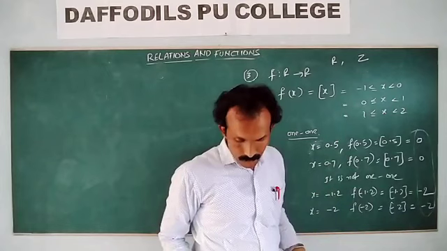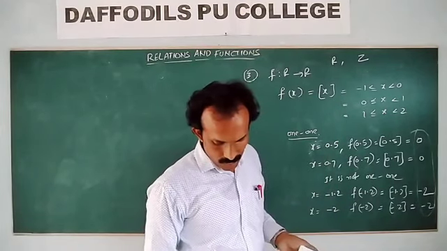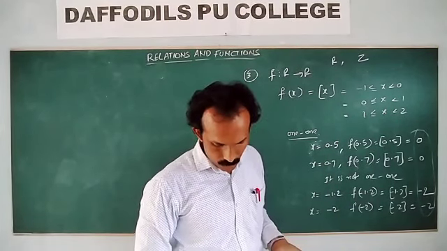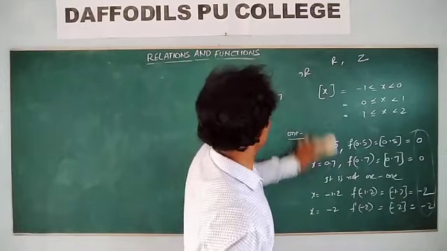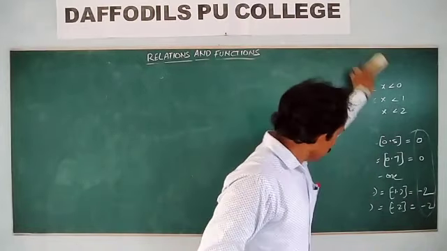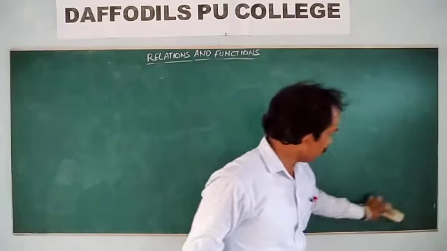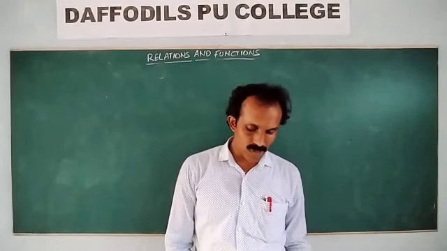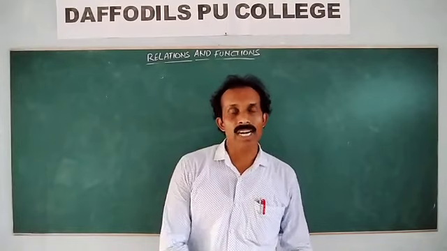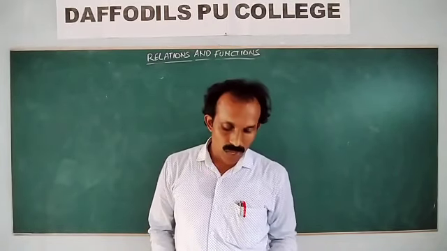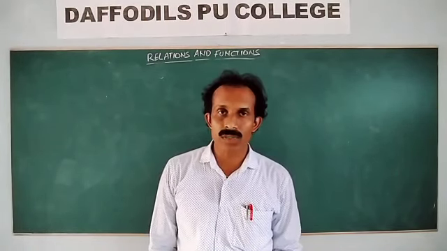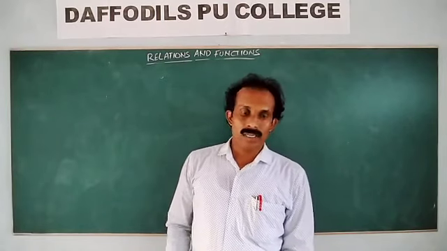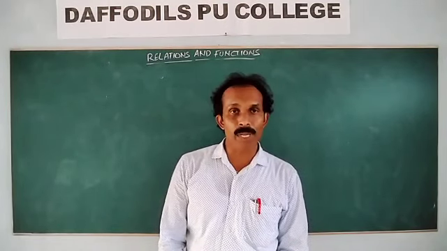So we'll try the third one, that is the mod x function, and the signum function also we'll try. Homework, both of them. And revise the theory from the textbook, read it, and solve the problems. Once or twice read the definition and examples and solve the remaining problems. Okay, students, we will continue the remaining problems in the next class.